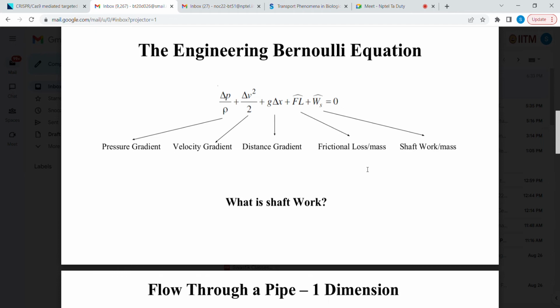Now, given this background, we will try to understand the flow through a pipe in two aspects. One is this is a pipe. A pipe is a cylinder. This is a horizontal pipe, and we are going to try to understand the nature of the flow of the fluid across the pipe, typically incompressible, with respect to the first dimension. So if you take a pipe and you take a